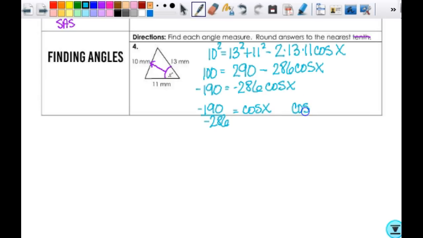So x equals the cosine inverse, I'm going to go ahead and drop the negatives here, of 190 over 286. Whether I reduce it or not, I'm going to get the same answer in the end. So I take this cosine inverse of 190, sorry, typing in the wrong numbers, cosine inverse of 190 divided by 286. So I get that x equals